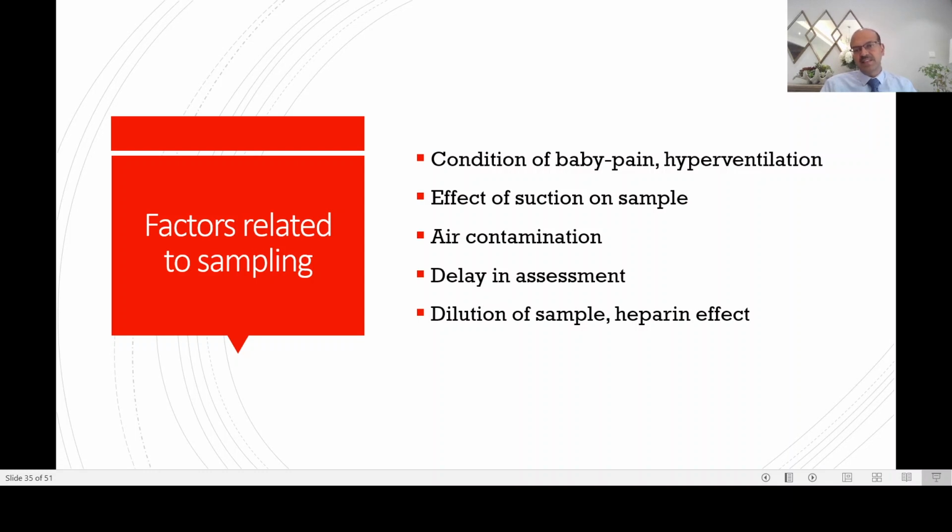Same way, every ventilator setting change doesn't need a blood gas unless the previous gas was significantly abnormal and the change you're making is difficult to predict. Of course, you can follow the flow and loop curves, you can follow the effort of breathing, you can follow the FiO2 changes to guide you. And if you have made a major change, of course, you need a gas to document. Air contamination and drop-back sample contamination we discussed earlier, that heparin may cause increased acidosis, overinterpretation of acidosis. Air contamination will increase the PO2 in the lower levels and drop it in the higher levels, and CO2 contamination will drop the CO2. If you delay in assessing the sample as well, you may have concerns.